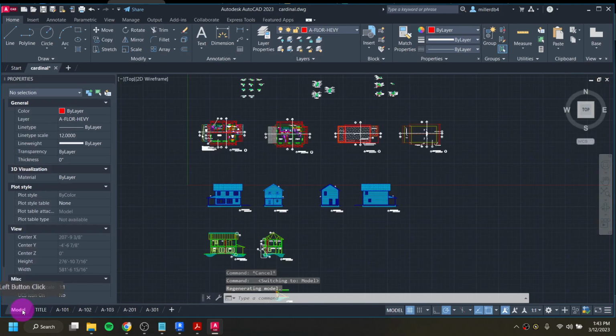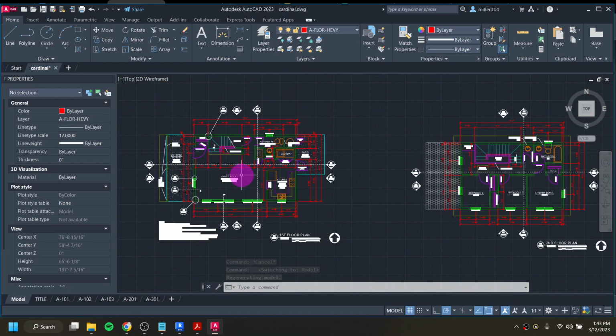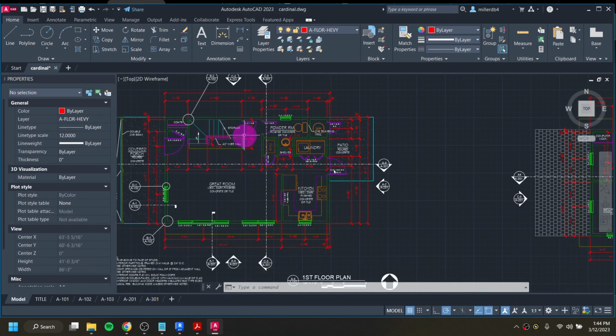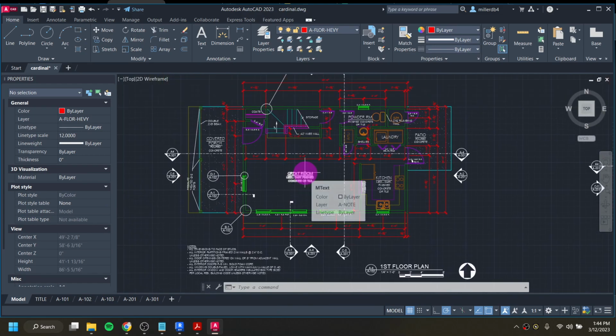So what this does, if I go into model space, is it gives me this floor plan of the entire building, and I can take that and import it into Revit, or I can even just have it as a reference as I build something out from scratch in Revit. So this is going to be a really great resource to help us with our in-class assignments as well as